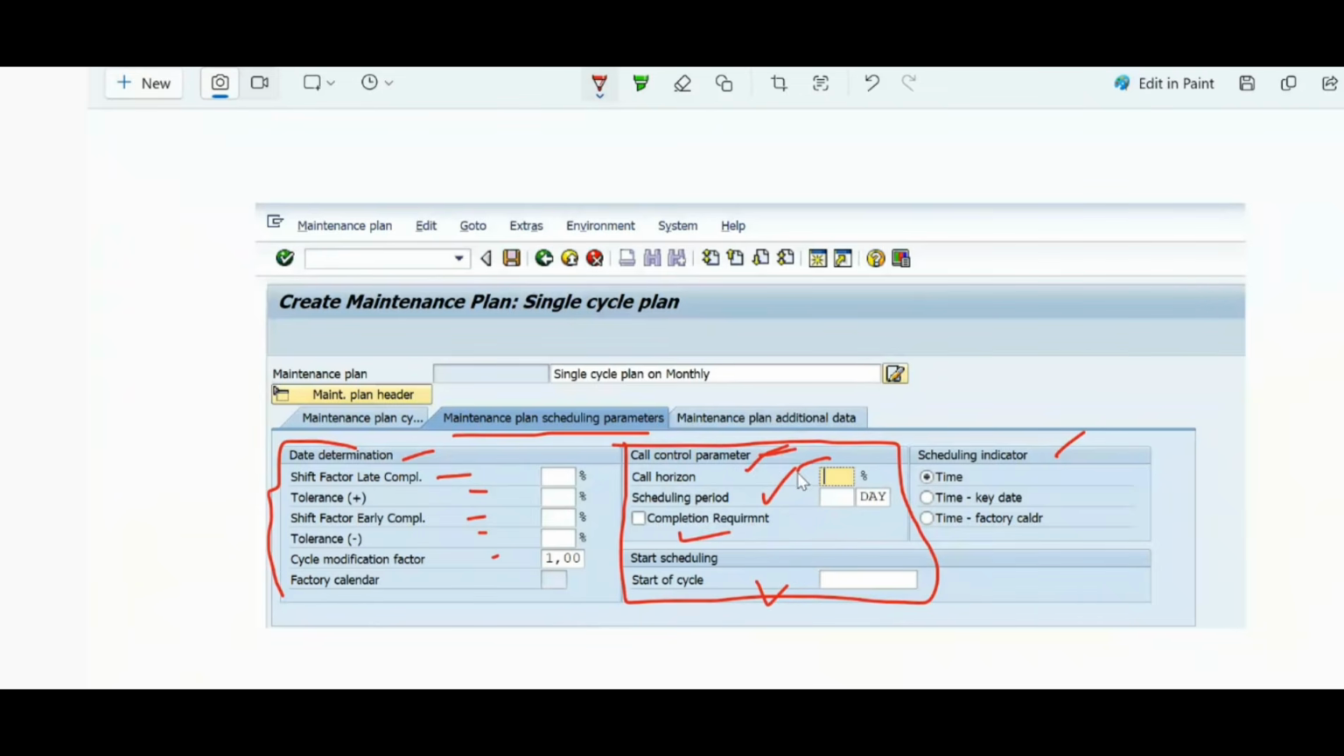The call horizon is always maintained in percentage. Basically, if you want to generate the maintenance order in advance, then we can give this call horizon as 90 percent. If you want to generate the maintenance order in advance, why do we need to generate this maintenance order earlier? Because, for example,